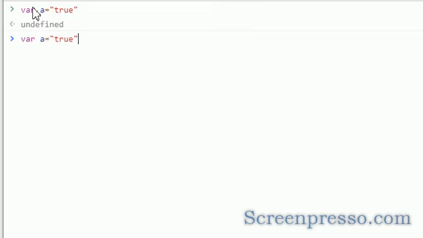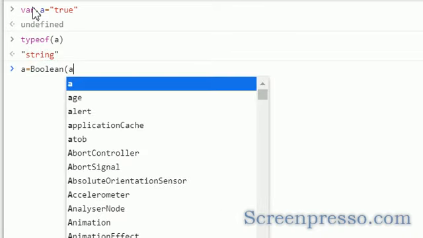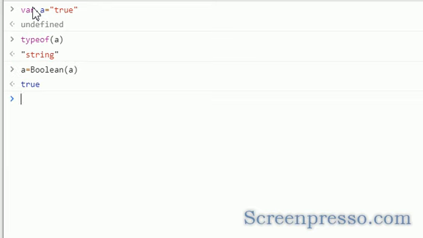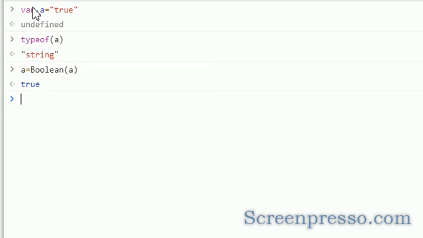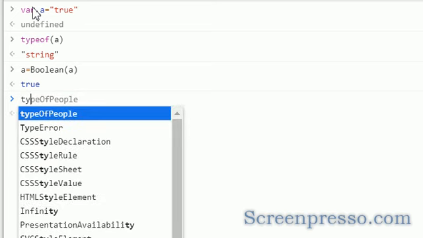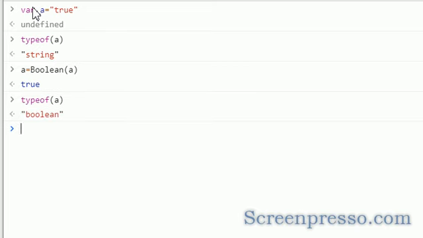If you check typeof a, it is string. I want to convert a to boolean. How can we? a equals Boolean of a. Now typeof a is boolean, that's all. This is the way we can convert any data type to another.